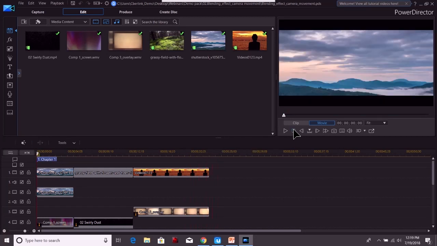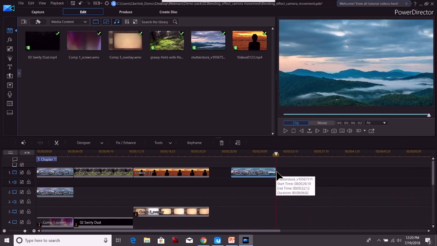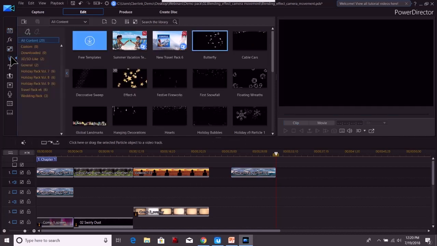So the first thing we're going to do is add our Shutterstock video. We'll drag the Shutterstock video on over, and I'll bring it down in size. We don't need it quite that large, so I'll cut that down. The other thing we want to do is use a utility, an object, a 2351 object here. So for that, we would go into our